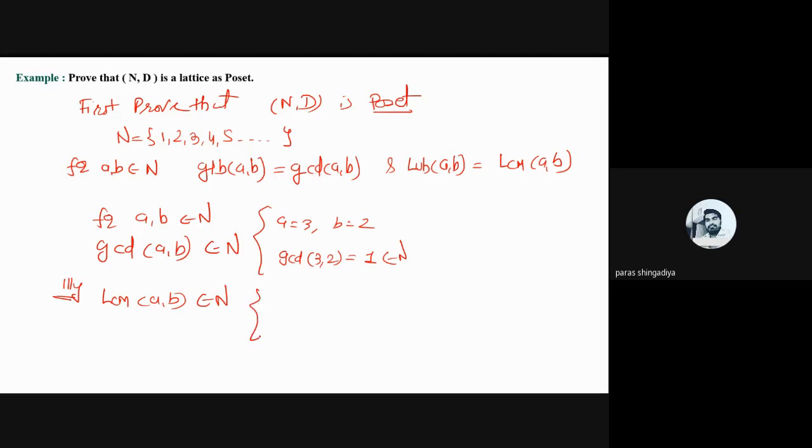Why is it belongs to n? You can use the same data here. Let's take A equal to 3 and B equal to 5. Both are belongs to n. And now check the LCM, least common multiple between 3 and 5. तो 3 और 5 में common multiple है 1, 3 into 1, 1 into 5, and that will use one time only. So 3 into 5 into 1 will be the 15. Okay, so 3 और 5 का LCM होगा 15, और 15 is also belongs to n. Clear? 15 is also belongs to n.